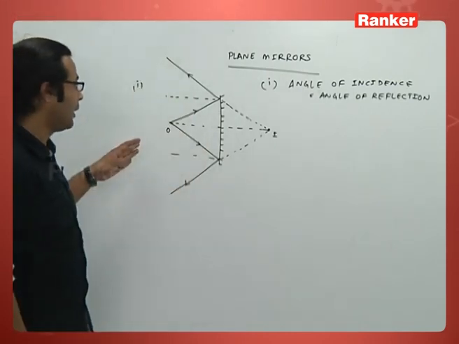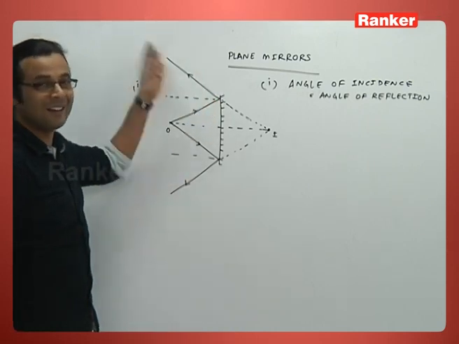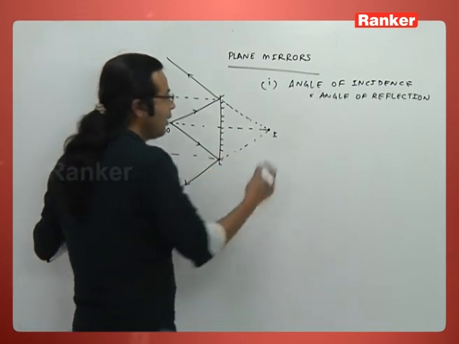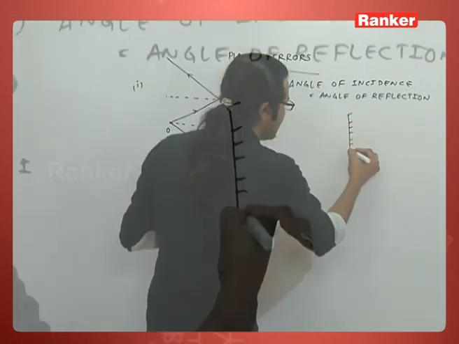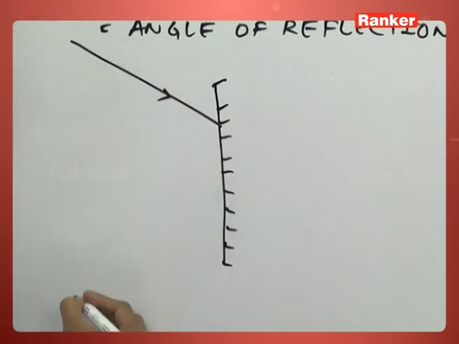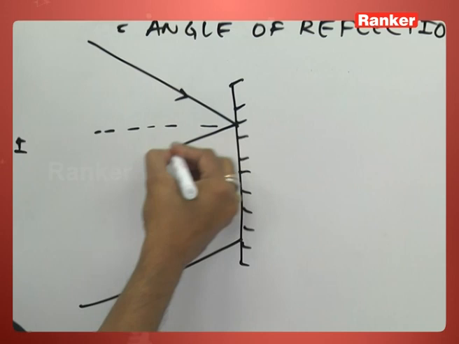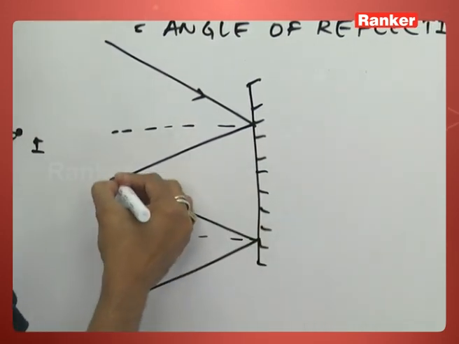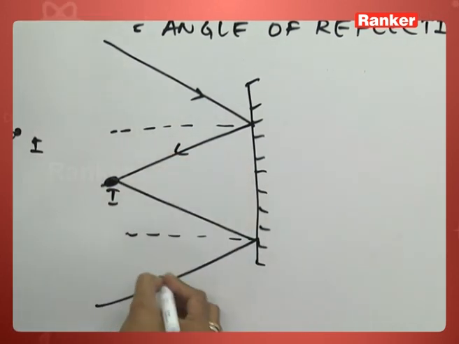When a light ray strikes the plane mirror, it diverges, so an image is formed at this point. And we can have another phenomenon also in this way. Suppose this is a... I draw a normal, and if I extend this,